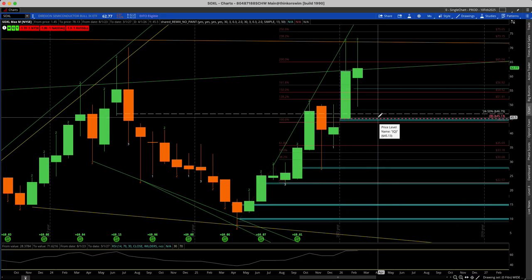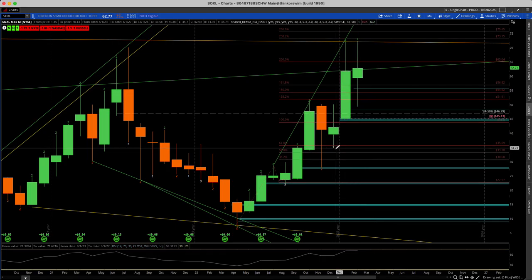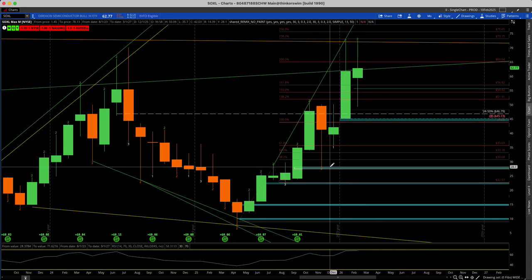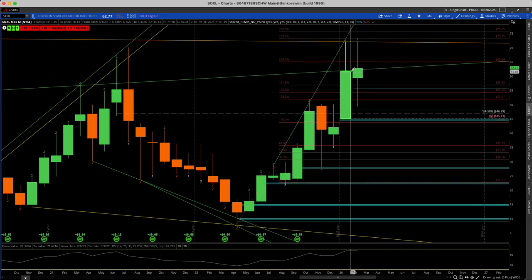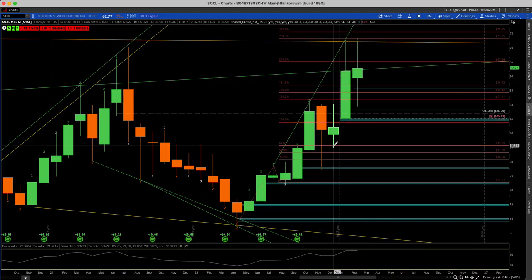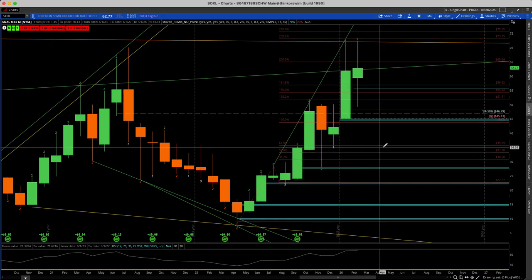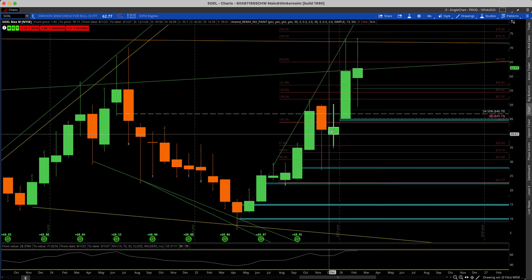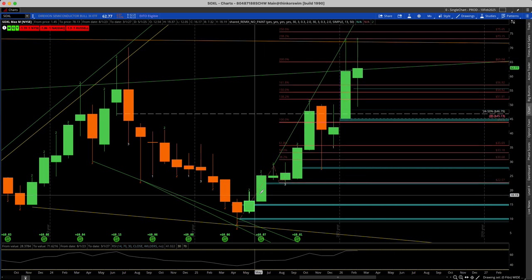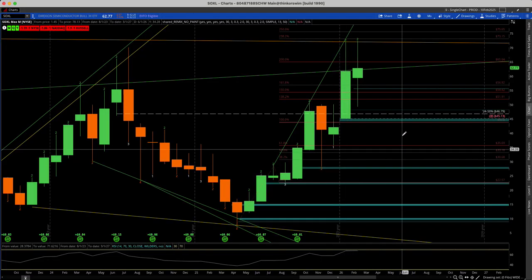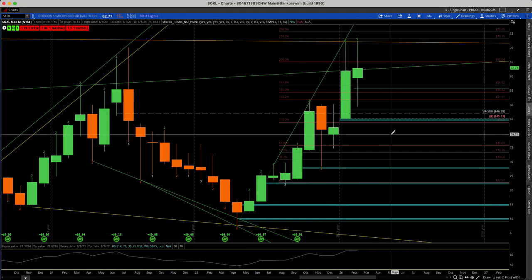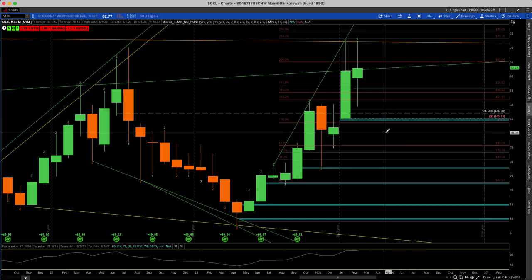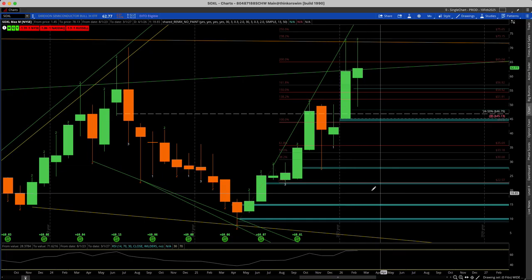Now, you wouldn't want to get too far over your skis. Yes, the magnitude of that move would be down here, but we are technically in an uptrend. So how far is it going to pull back really? Even if it does trigger, do we even make it to the low of the 1? And if we do, do we bounce off of that point? If we do, that gives us some type of higher low, and we're moving back to the upside, hopefully going to continue this uptrend. But technically we are in an uptrend, so how far are you going to pull back really? We'll see. It would have to be some really negative catalysts to bring us back down to these July levels,